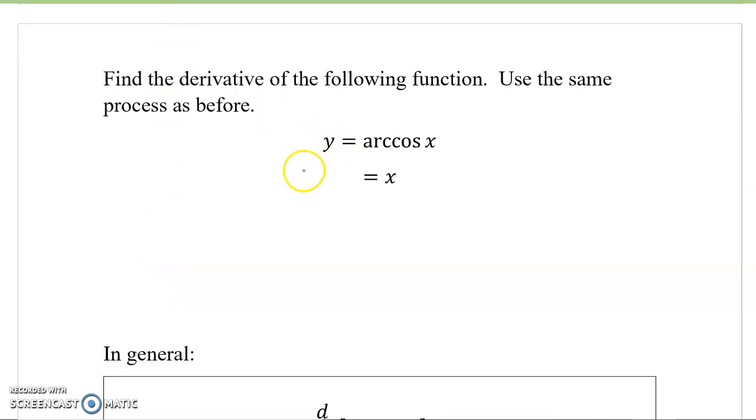So I would strongly encourage you to not watch me do this, but instead do it yourself and then double check your answers. So pause the video, work it out, see what you get. Now that you have an answer for the derivative of the arc cosine of x, let's see if it matches what I get. We're going to invert the equation. We're going to take the derivative with respect to x. We're going to solve for dy dx. And we're going to ask, what does that equal